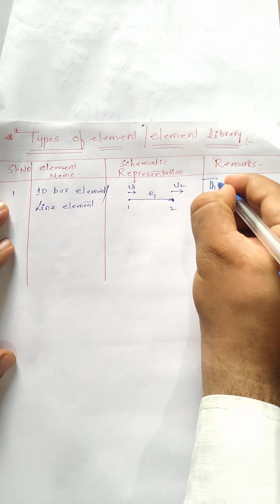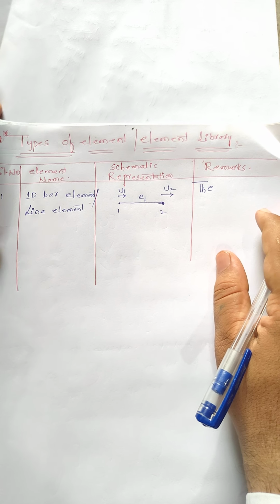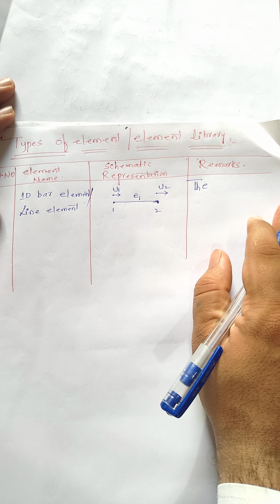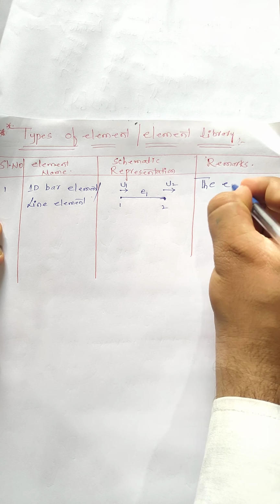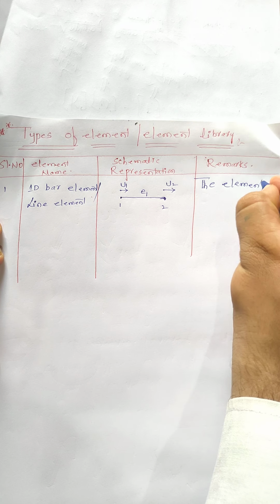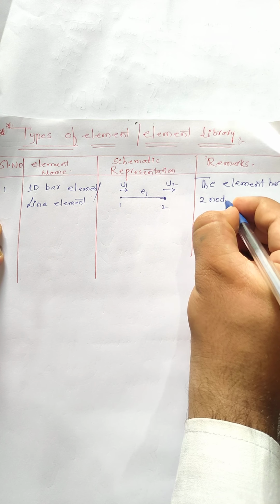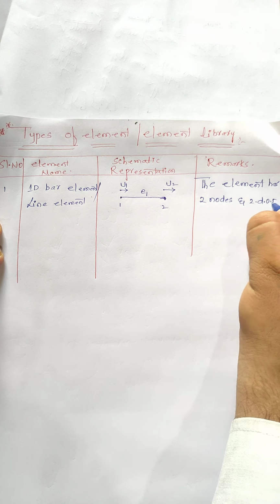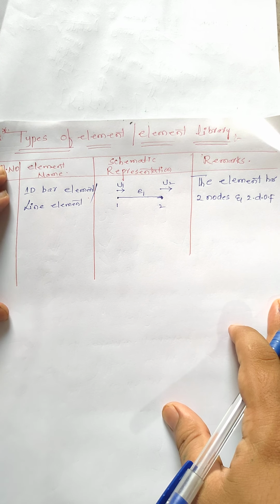Okay, the element has 2 nodes and 2 degrees of freedom. Clear here? And second one,